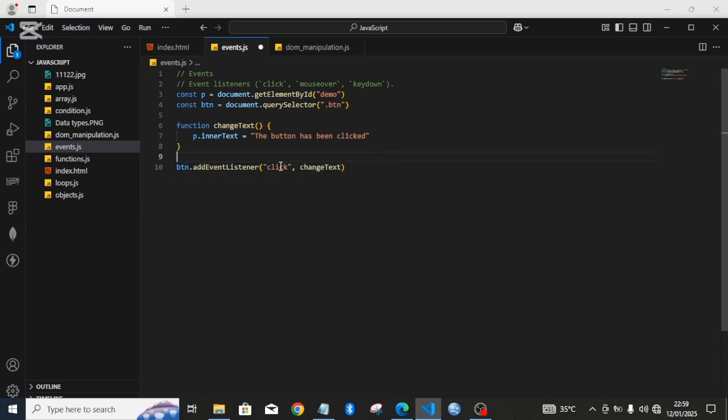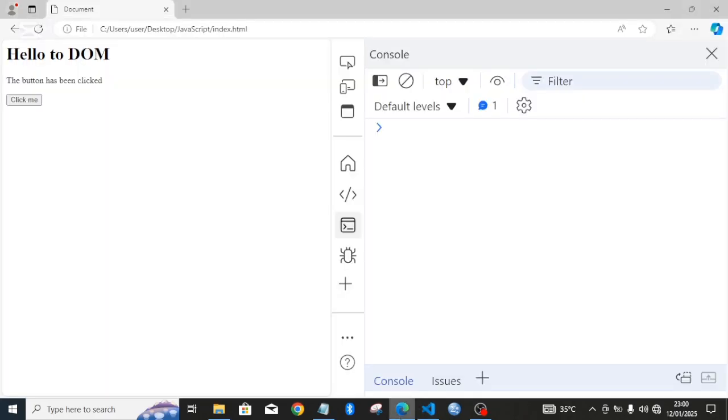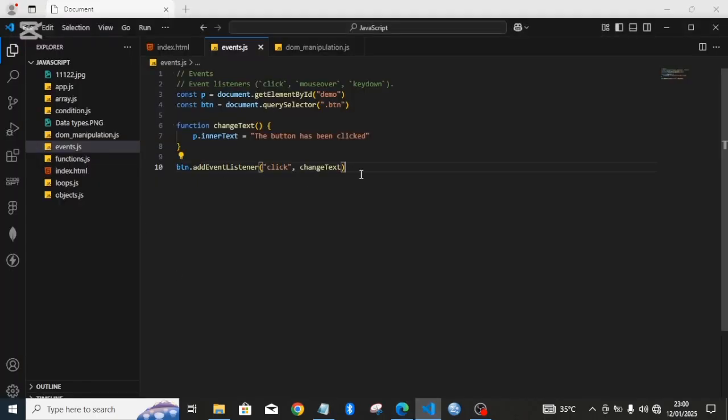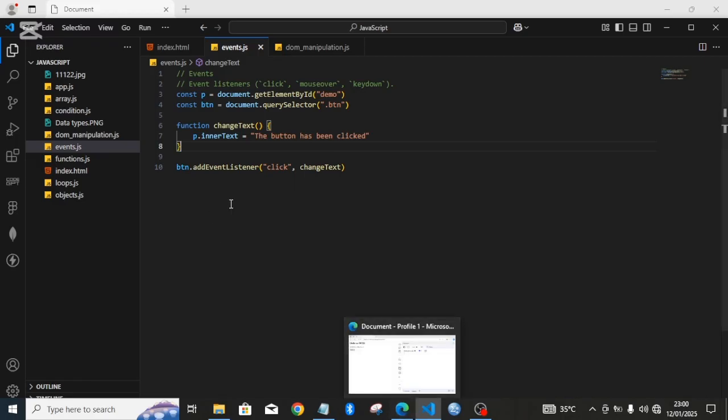So remember, we are passing this function as an argument into another method called addEventListener. If you watch my previous video, you will understand what I'm saying. So once I save, this will do the same thing like the other one. You can see the same thing has been done. Yes, that's simply how a click event happens. Now let's move to a mouse event. There are many mouse events. We have mouseover, mouseout, and the rest, but I want to show you the mouseover event